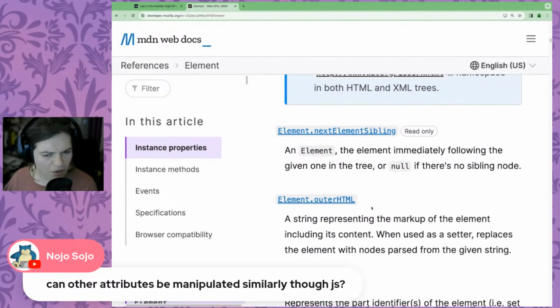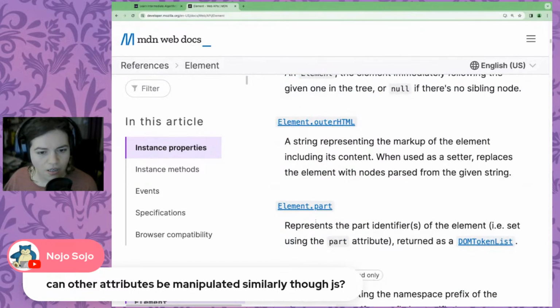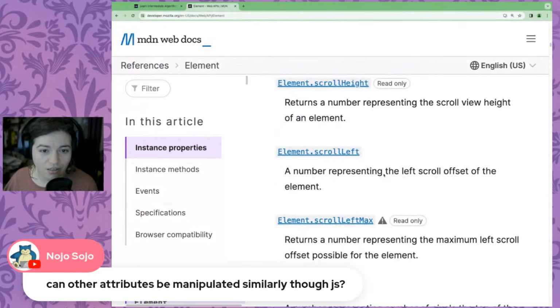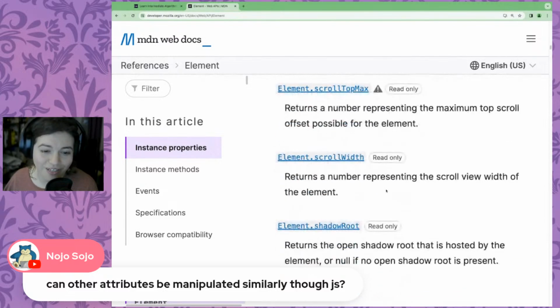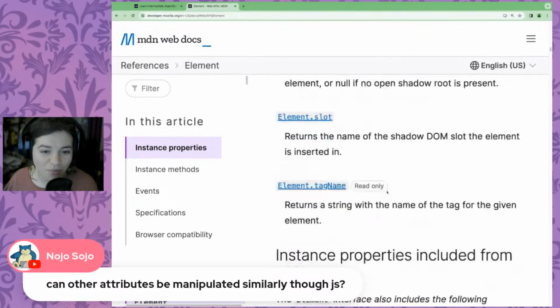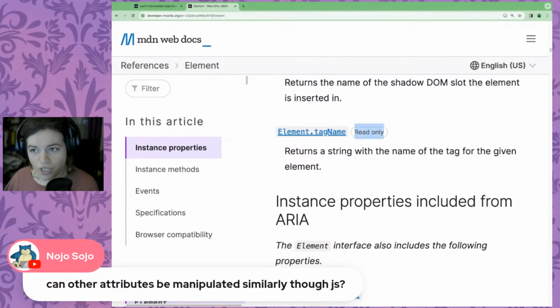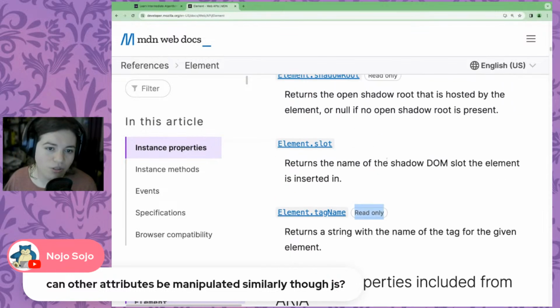Outer HTML. Interesting. Prefix, scroll height, a number representing the scroll. There's a bunch of stuff we can manipulate here. Let me see if there's any more that we might recognize. Tag name. And you can see which ones are read only, that is, you cannot change them. And those that do not say read only, you can.